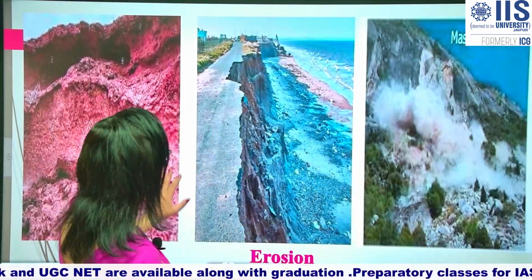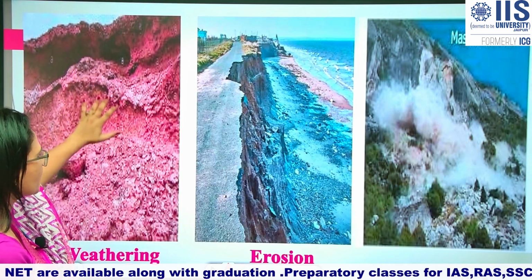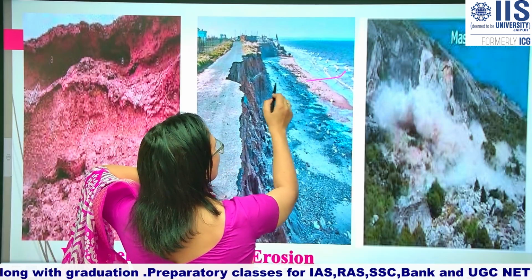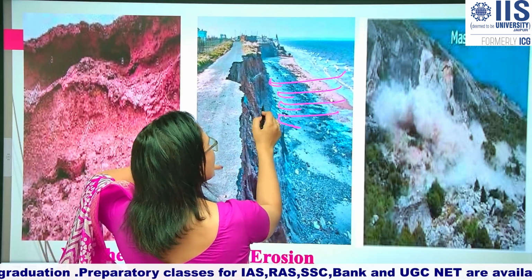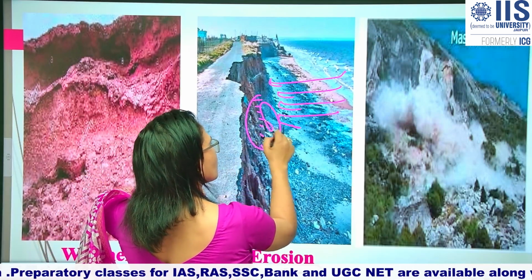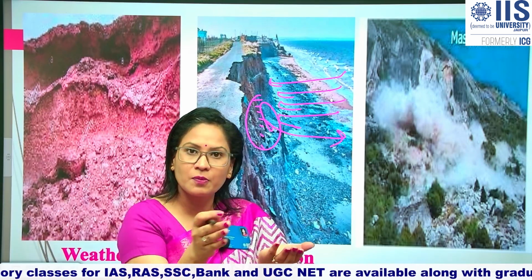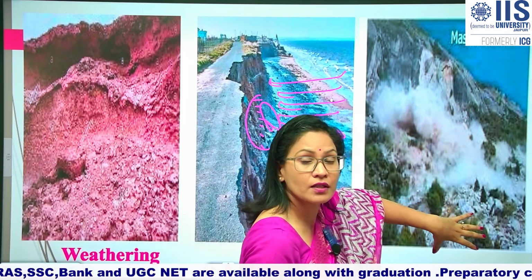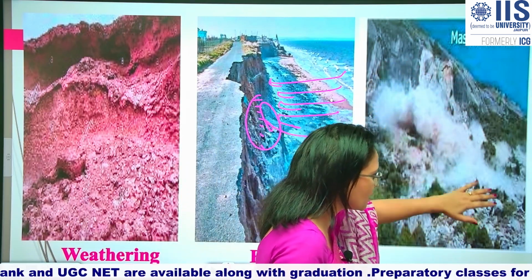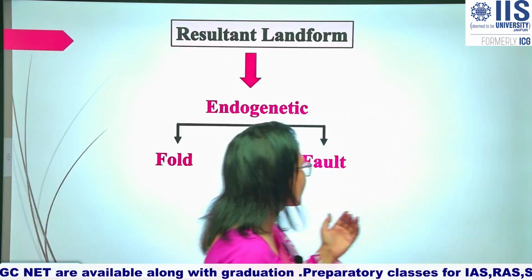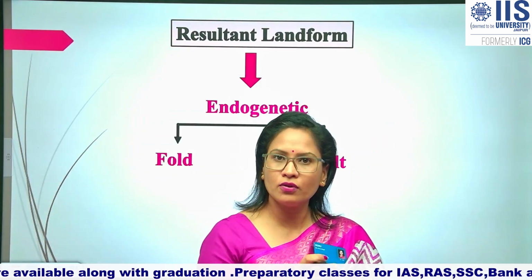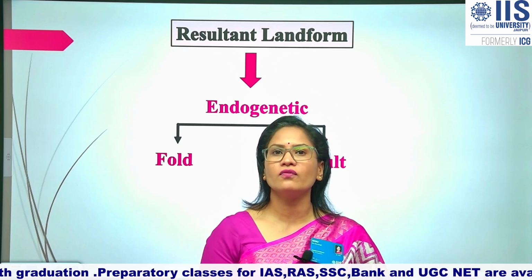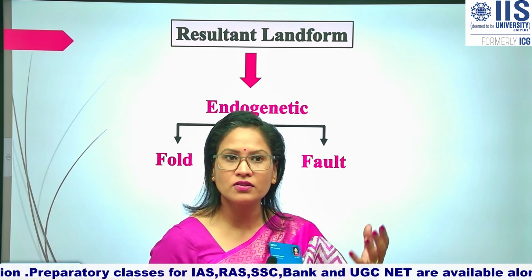Now, these are the pictures. Weathering means disintegrated material collected in the foothill zone. But if they are displaced, for example oceanic waves are continuously striking part of it, and they disintegrate the material and again flow it towards the shore. So they are displacing now. Displacing is erosion. Next is mass movement. Because of the gravitational force, disintegrated material is moving down. Right now, because of endogenetic forces and exogenetic forces, there are several kinds of results which are seen by our naked eyes on the Earth's surface.